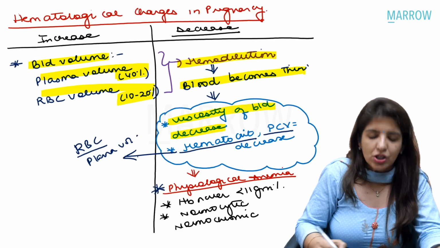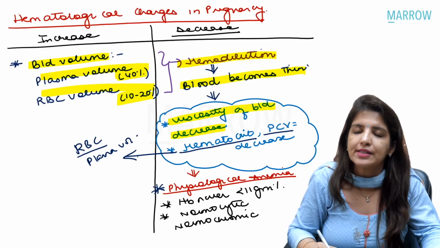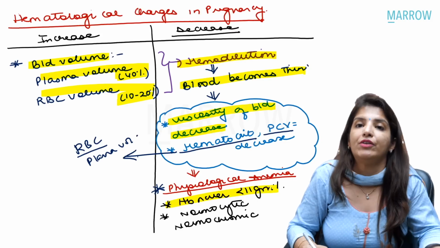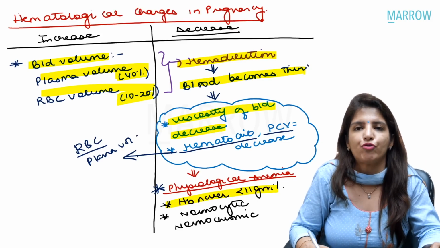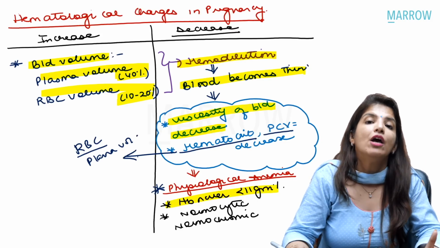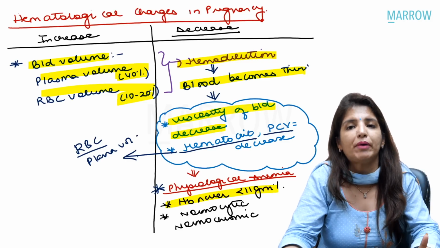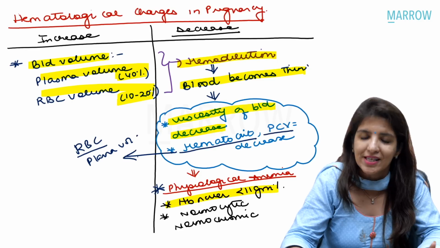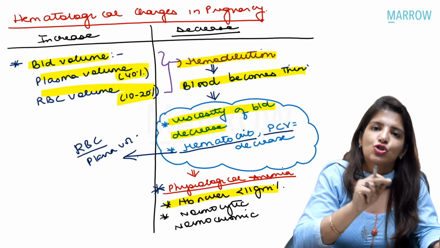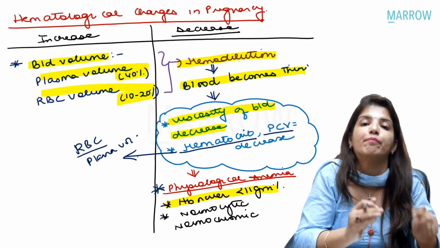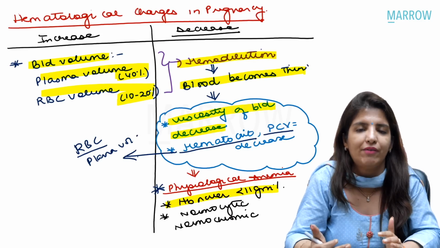The characteristic of this physiological anemia is that hemoglobin is never less than 11 gram%. Suppose there is a female whose hemoglobin before pregnancy was 12.6 and during pregnancy it becomes 11.6. From 12.6, it has dropped to 11.6. I know it is a case of anemia, and because hemoglobin is above 11,